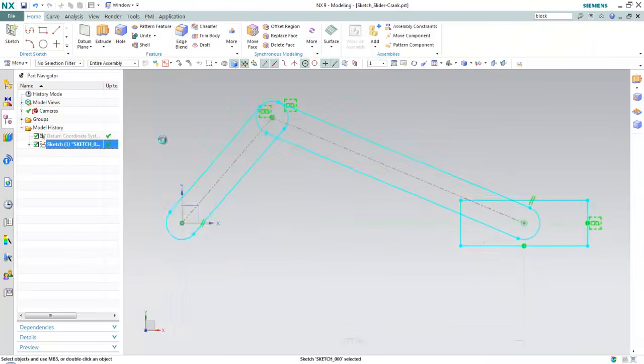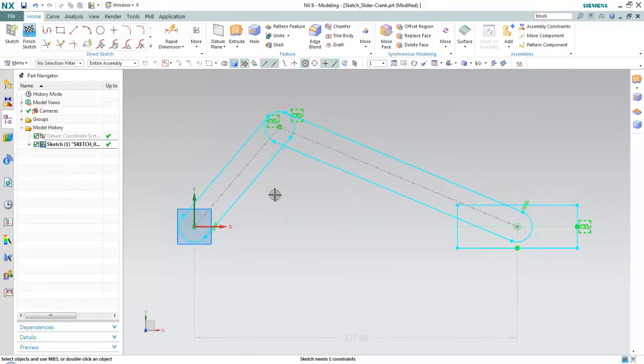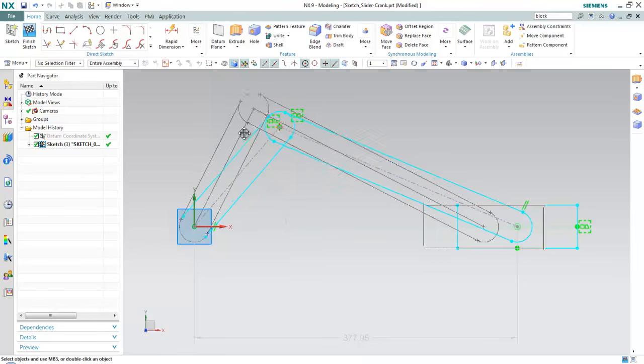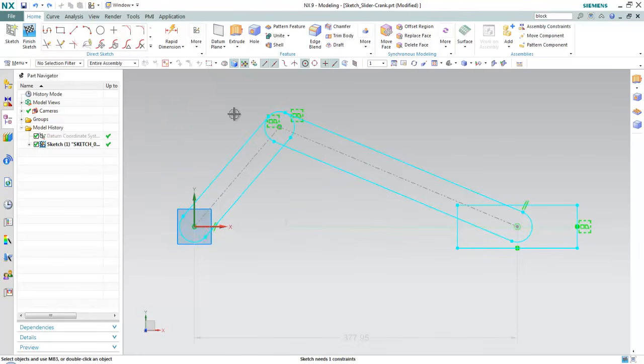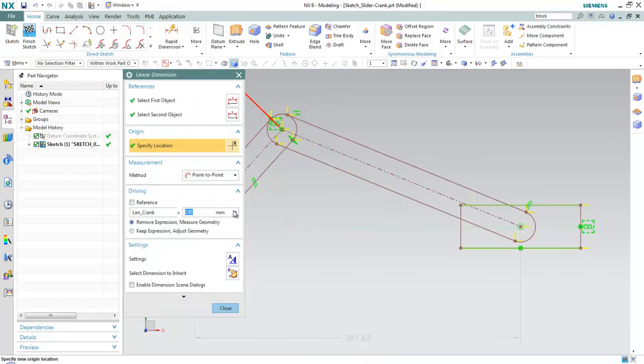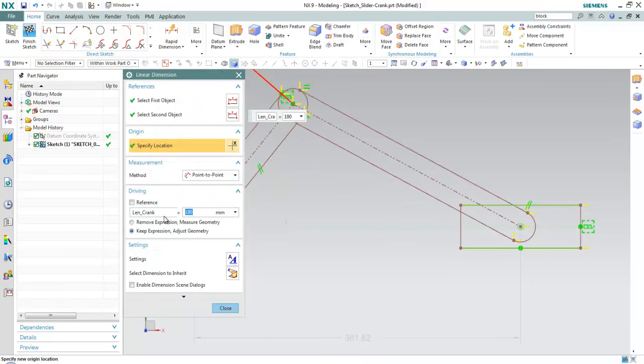Alright, here I have a sketch, a slider crank, kind of figuring out the layout. Right now I do have the rigid constraints on there, so if I come over here and pull this one line, you'll see that I can move that around. Now there's also an option to pick on this rigid constraint and make it active. So with it active, I can go ahead and drive some geometry,